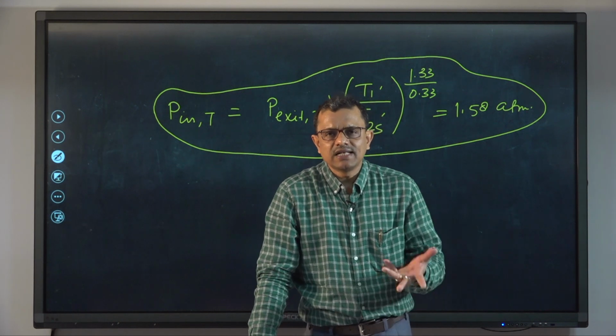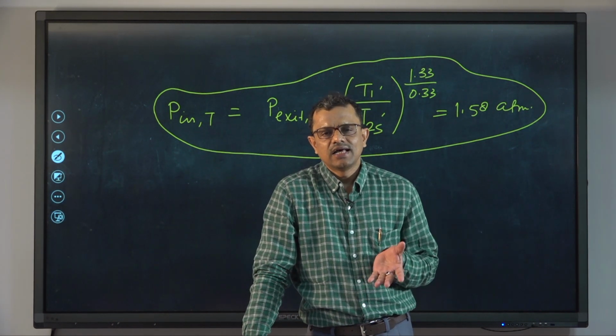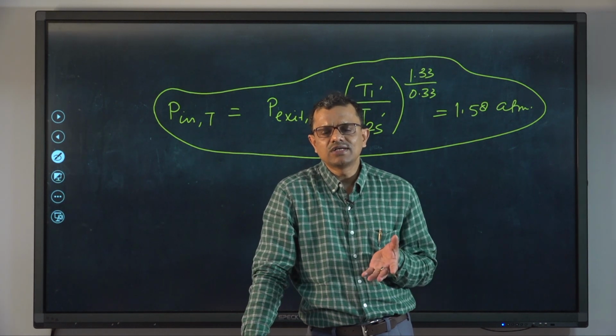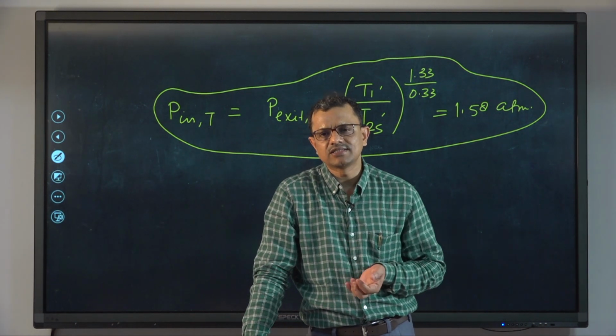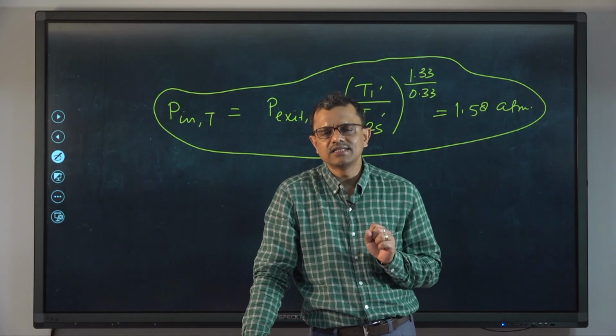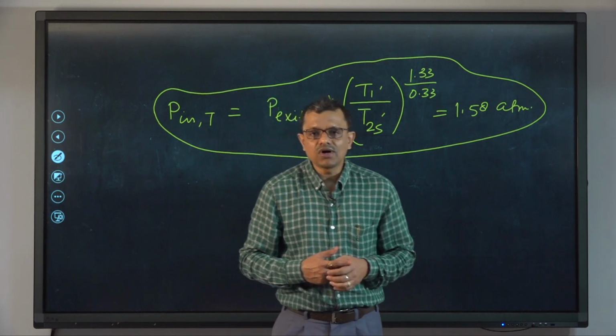Certainly, the exhaust gases are fed into the turbine, and the pressure of the exhaust gases is not equal to the atmospheric pressure, which you can see from this calculation as well, that the exhaust gas pressure is a little higher than the atmospheric pressure. So, to summarize our today's discussion,